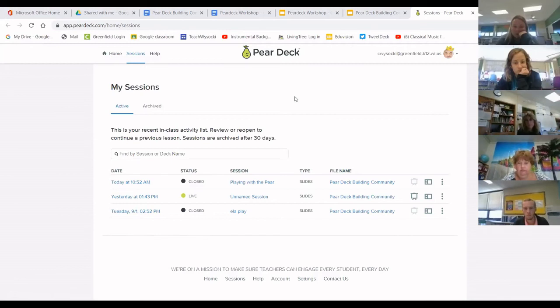Well, each one is a new session, and so you can have the same slideshow going with different Pear Deck sessions. Okay, so you can keep things open and then reuse it for a different class later that day. I'm not sure how much of that translates to other levels or other grade levels, but